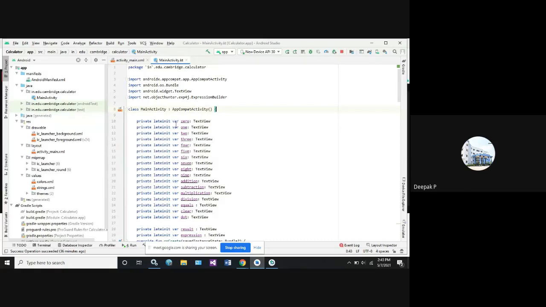Next I'm calling the variable name, var. What is the first value? 0, because I need to load the value 0 as my first value. What is this content? It is nothing but a text view content, right? Private is a keyword. lateinit means late initialization. This is one of the Kotlin features.